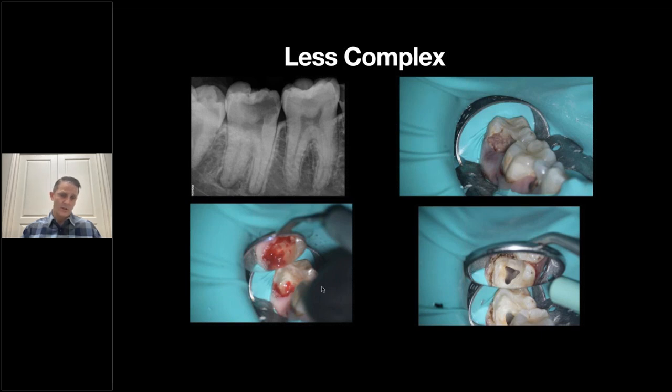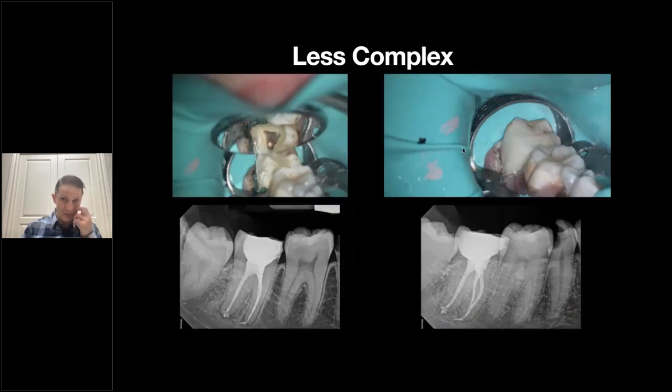Cleaned up the decay, then laser gingivectomy on the side, and that's what you're seeing here in this bottom right image. You can see we've got bone dry, complete isolation here going on. Cool dam now to isolate that. Then we come in with our laser for laser activated irrigation.